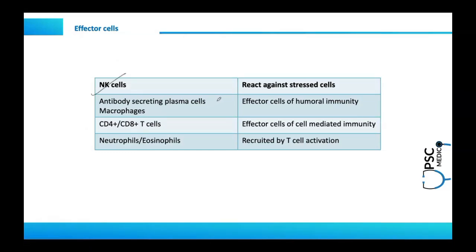So there are a few more effector cells at the end point. These are the natural killer cells, which are also part of the immune system. And what is the function of natural killer cells? Yesterday I told you one point, right? So natural killer cells have both inhibitory and stimulatory responses, and it has a relation to the MHC1 expression on the body, right? So whenever there is MHC1 expression, the inhibition takes place. Natural killer cells won't act,